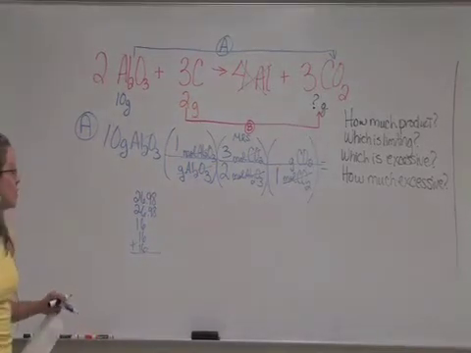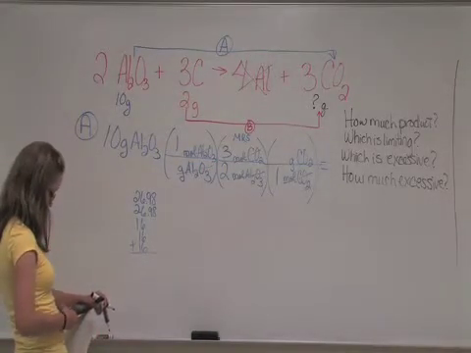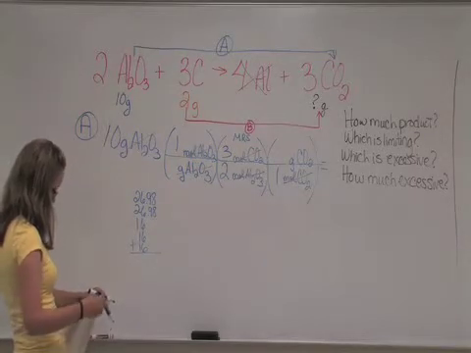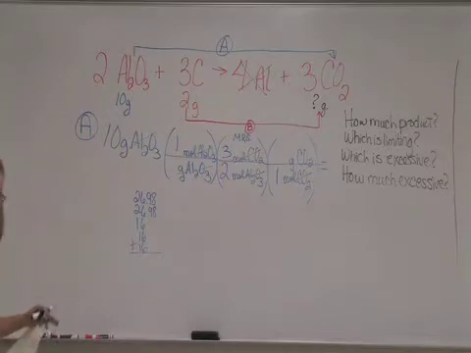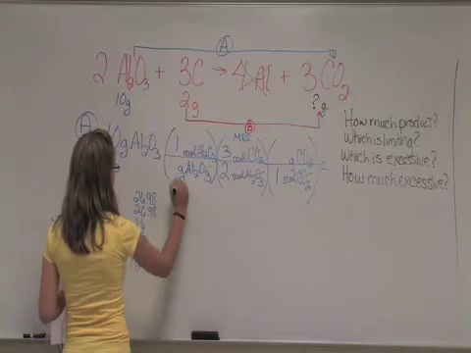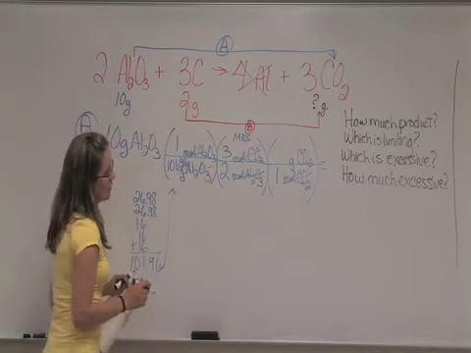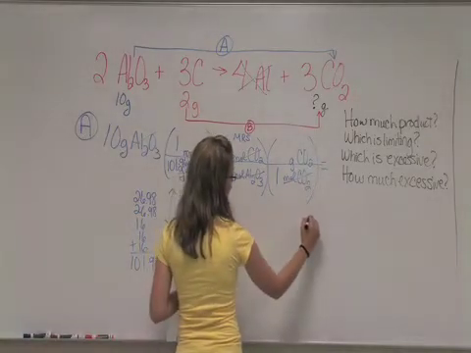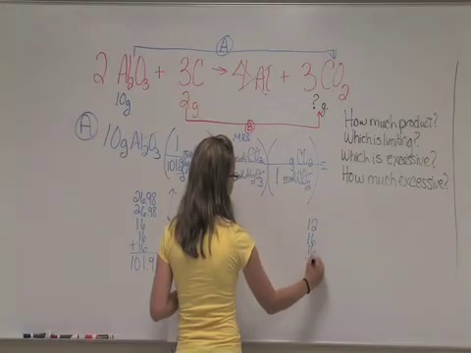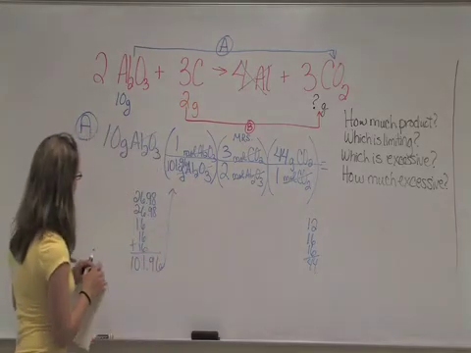I'm not doing that in my head. $101.96. And carbon dioxide, carbon is 12, oxygen 16, but I have 2 of them. That's 44. So this problem says to take 10